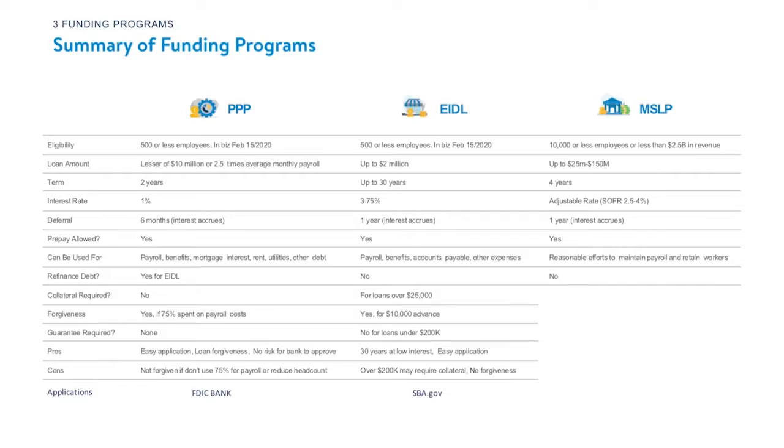As far as refinancing, you're not allowed to use this money to refinance other debt. And as far as collateral, there is no collateral for new loans. However, pre-existing loans may already have collateral attached. There's no forgiveness for this loan at all. It does have to be paid back, but there is no guarantee required, just have to be a company in